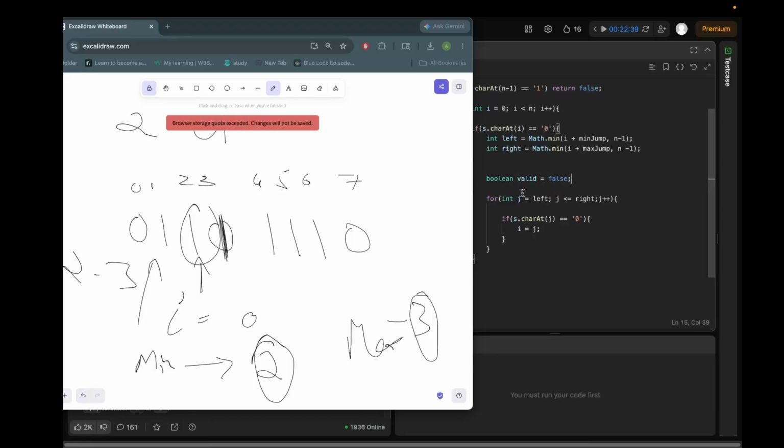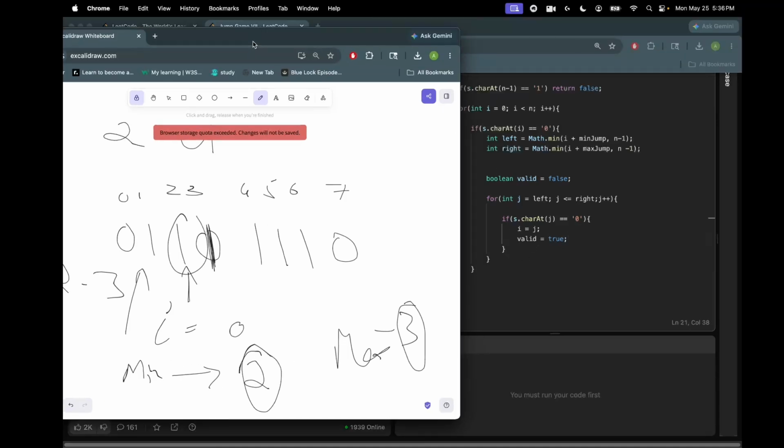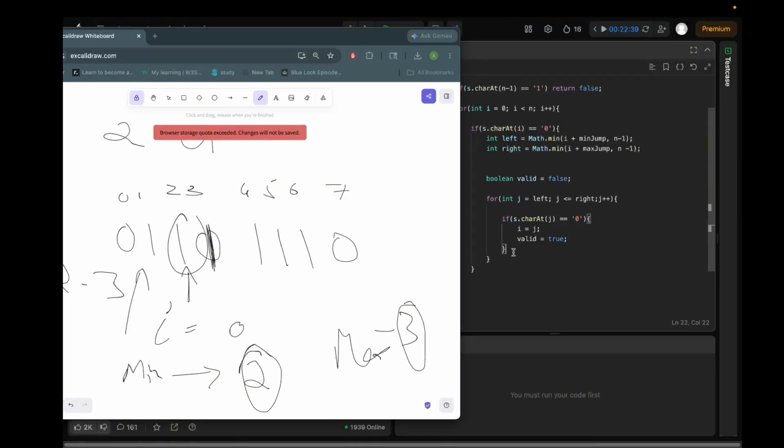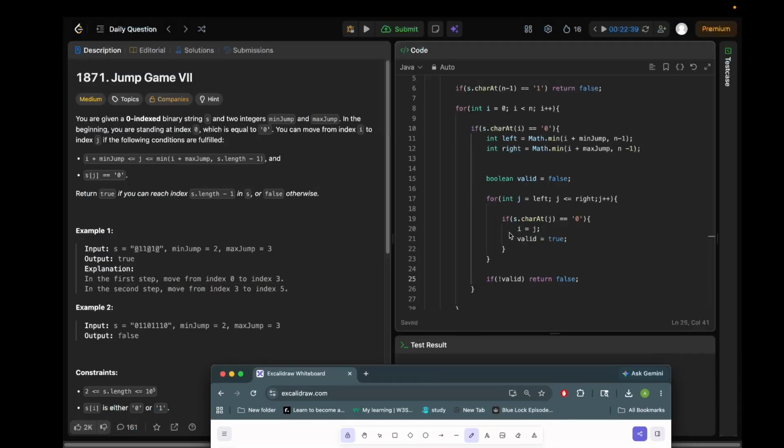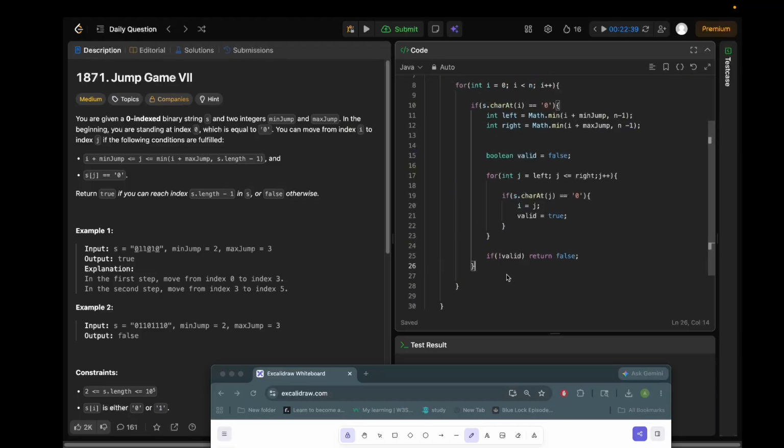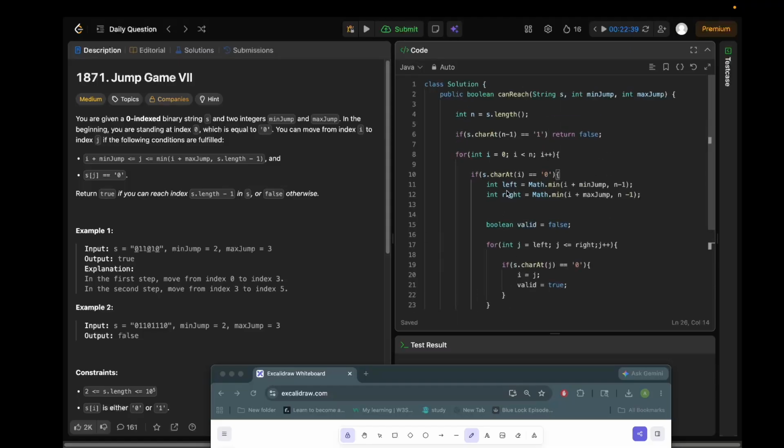false, valid equals to true, if not valid return false, right? And at the end of the loop,